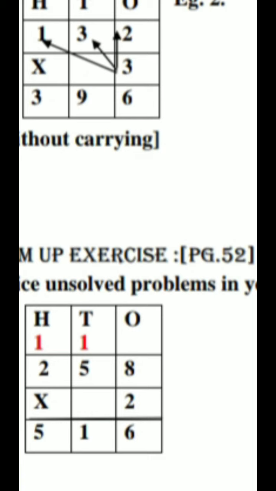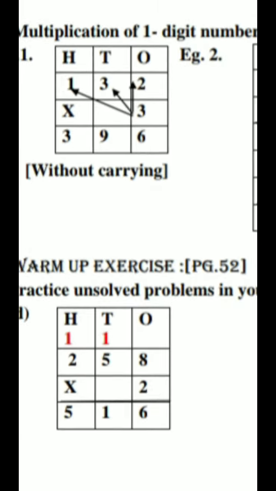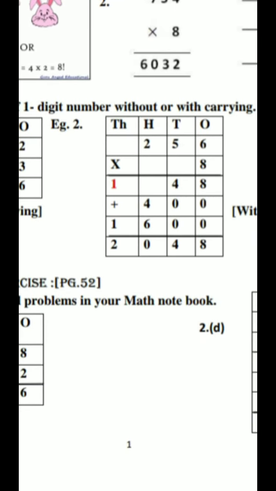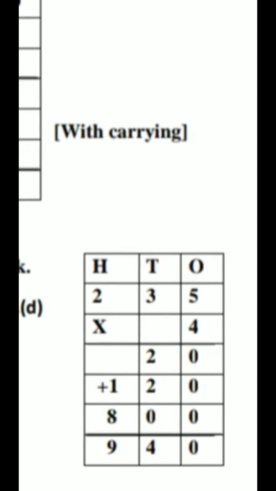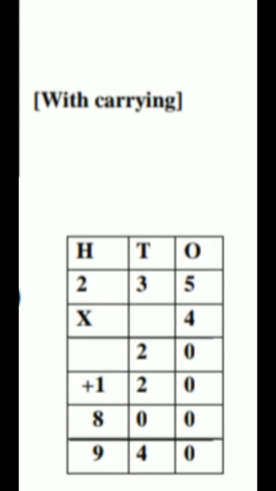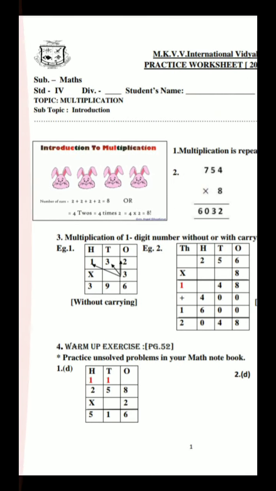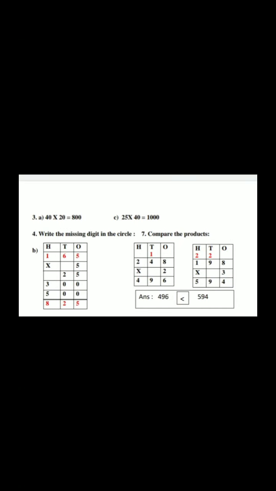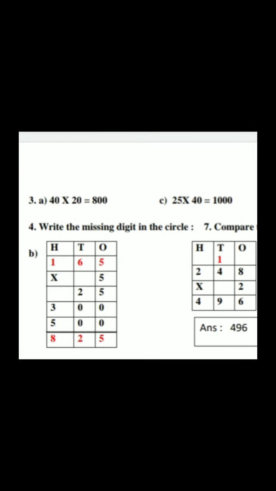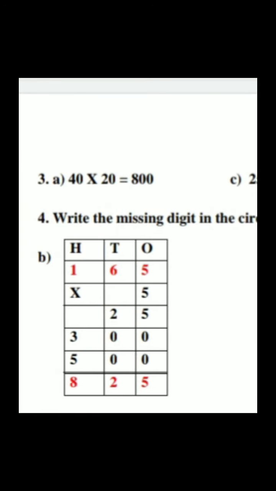This is the simple regular conventional method of multiplication, which you can follow for all the different kinds of multiplying numbers. This is another sum which we have done in a similar way. Okay. Now let's go to the next one. This warm-up exercise has different types of multiplication. I have shown you few of them. The remaining ones you can solve in your maths notebook along with this one, which you can copy in your maths notebook.